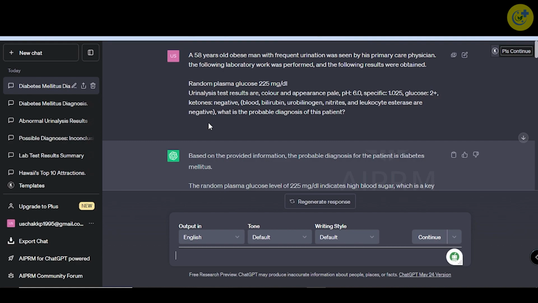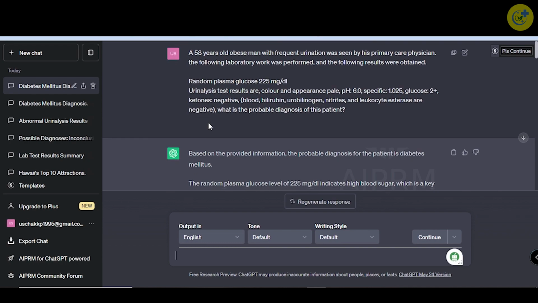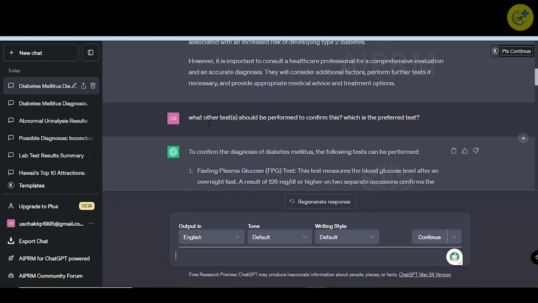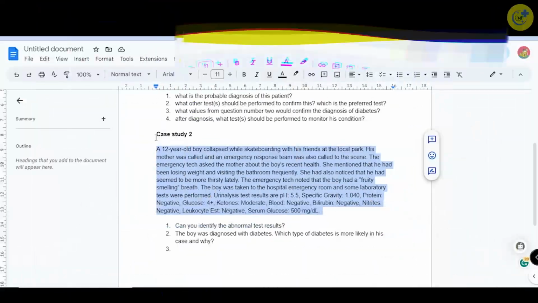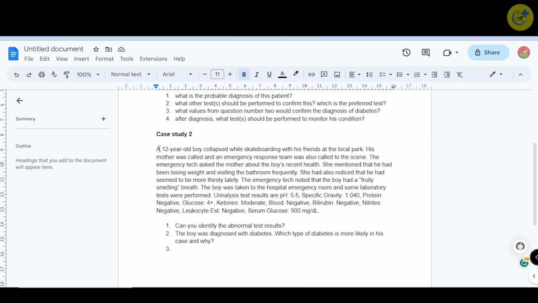But all this information is shared with us via ChatGPT. ChatGPT is an AI tool, so we can't 100% trust an AI tool. That is why ChatGPT also always mentions to consult a healthcare professional for a comprehensive evaluation and accurate diagnosis. So this is case study 2. I copy and paste